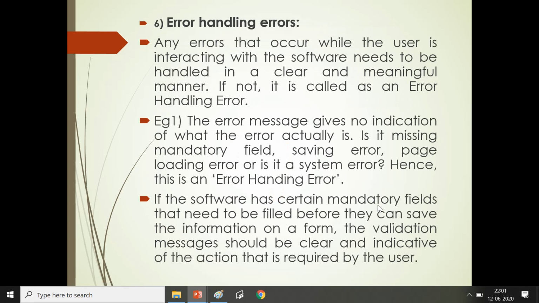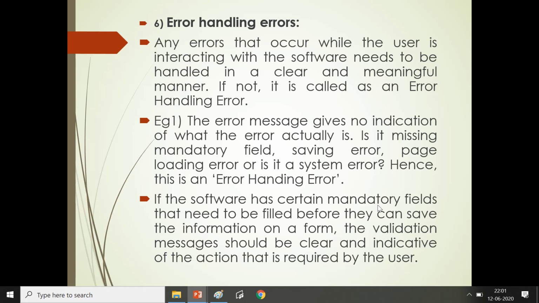The sixth one is error handling errors. Any errors that occur while the user is interacting with the software need to be handled in a clear and meaningful manner. For example, the error message gives no indication of what the error actually is. Is it a missing mandatory field, saving error, page loading error, or a system error?